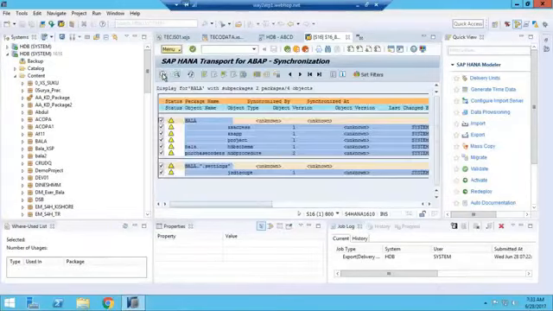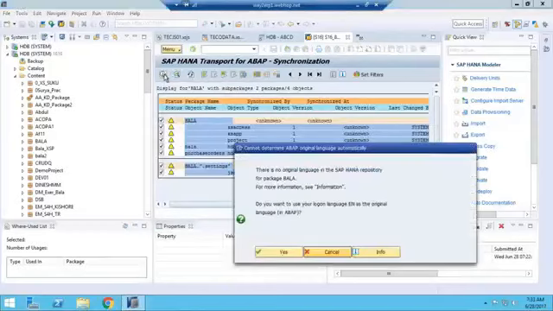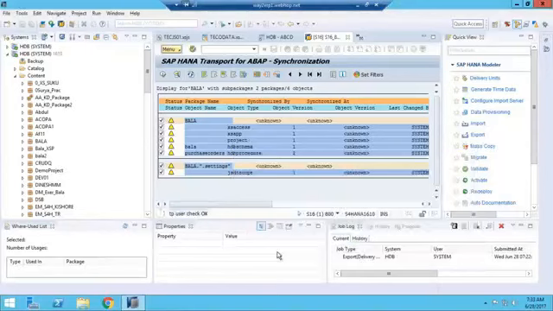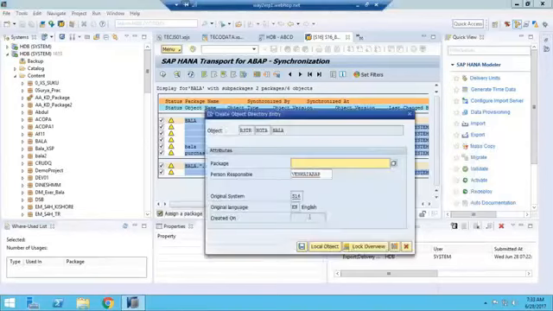Okay, we'll synchronize. After synchronization, it will ask for the package and synchronize with the package.